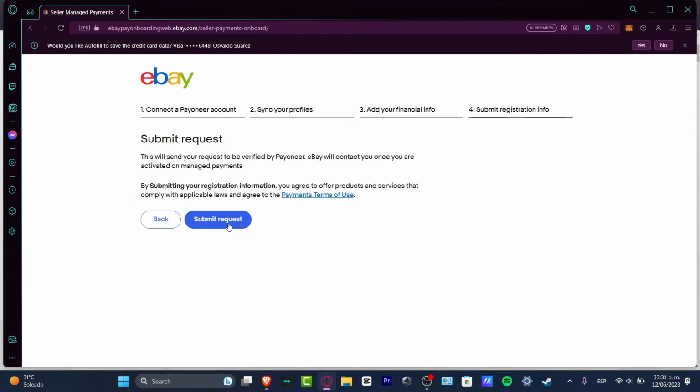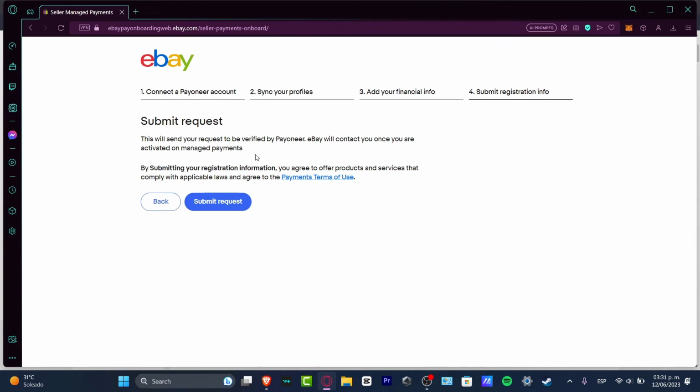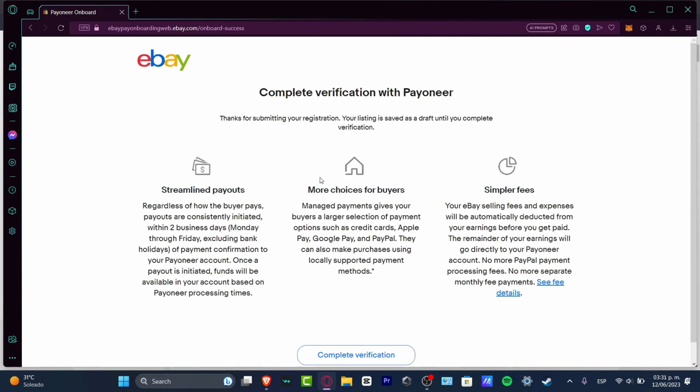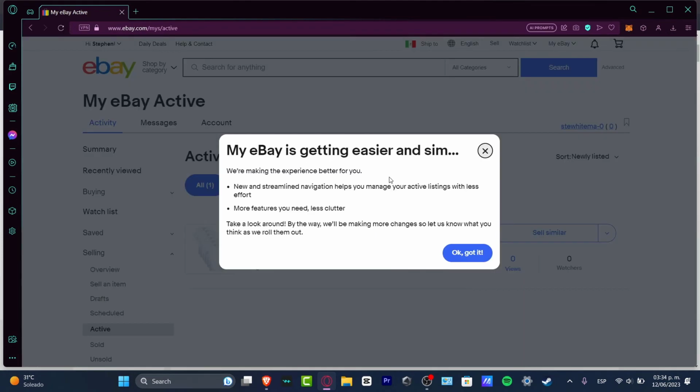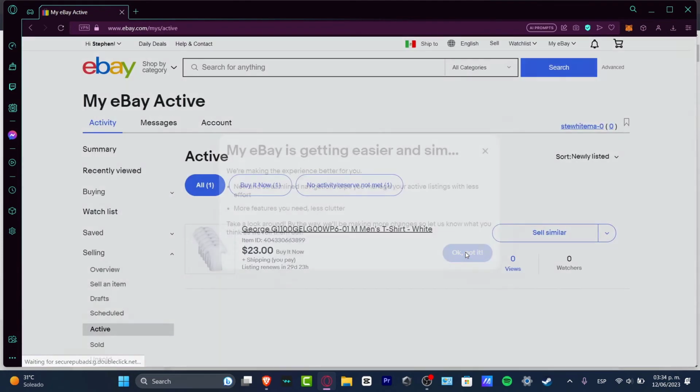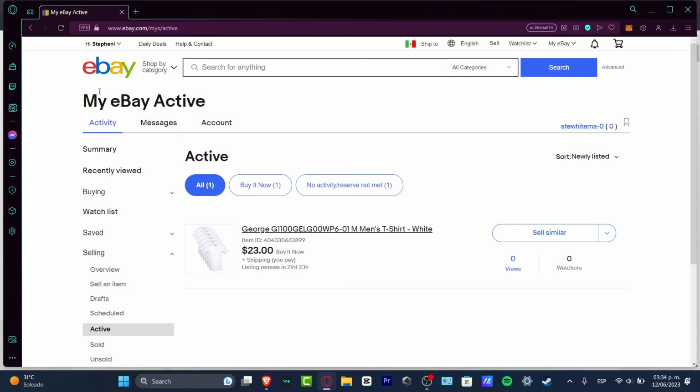So I'm going to head into submit a request in order to verify my Payoneer account. So eBay will contact us once we have activated our managed payments. Let's go into submit the request. So depending on how much stuff you have created here into Payoneer, the verification process is not that hard. So let's go into complete verification. In my case, I have just received an email that I can start receiving payment from my eBay into my Payoneer account. And now that I have just confirmed that I can start adding products into my eBay,